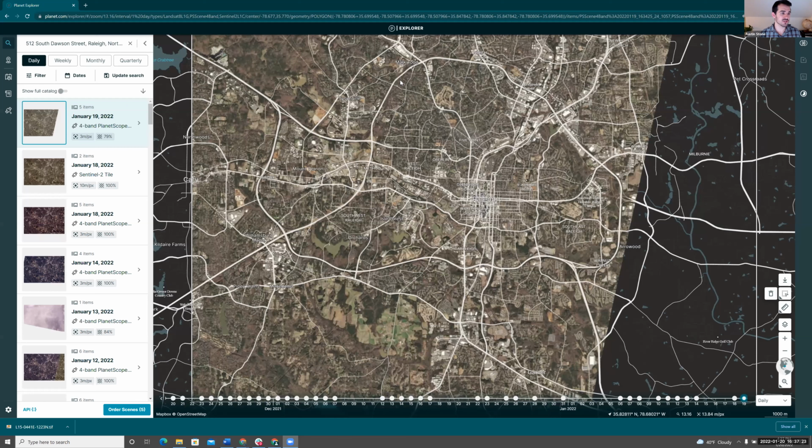If you're looking at certain types of changes, you can order multiple tasks. You can order different tasks for a specific area, so you can actually have that high resolution change analysis that you'd be looking for, or whatever phenomena you're trying to monitor. Another really cool thing about tasking is we have the ability to do stereo imaging, which is also